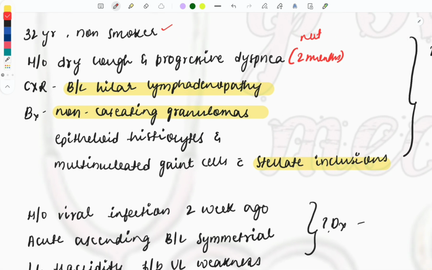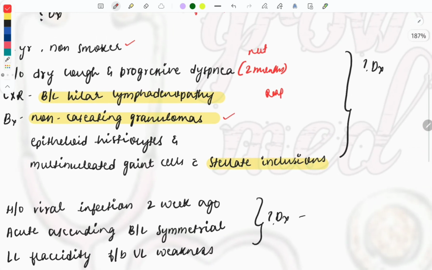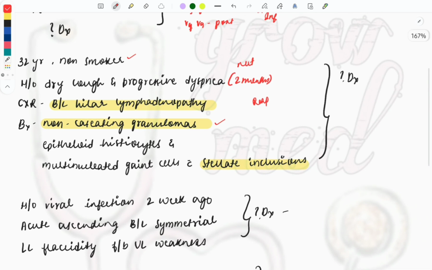So whenever a patient comes with this, we think in terms of the respiratory causes. But in this case, as there are non-caseating granulomas present, it is directing us towards something like an autoimmune disease, which is sarcoidosis. So this is the answer for this one, because these things will be seen in case of sarcoidosis,